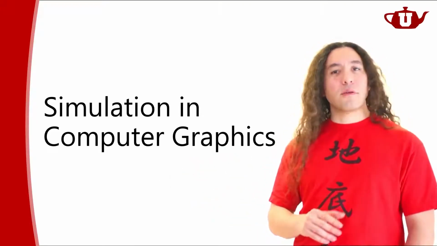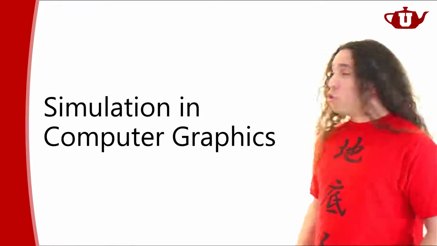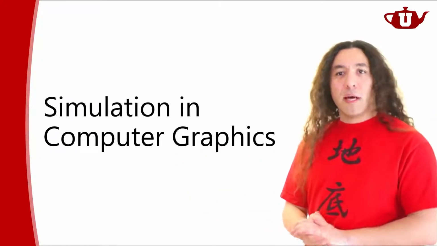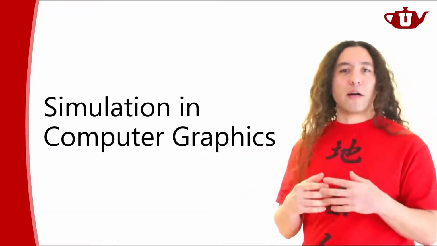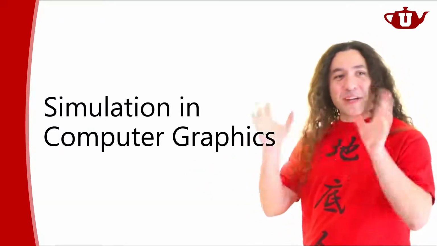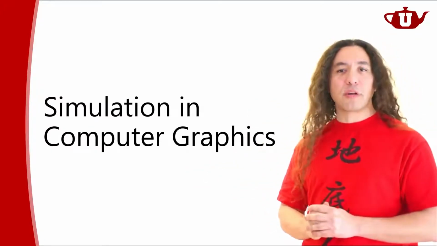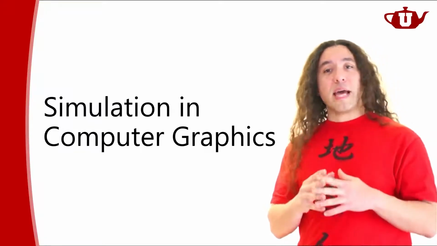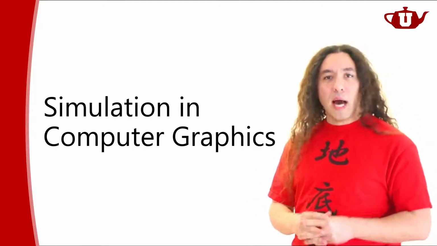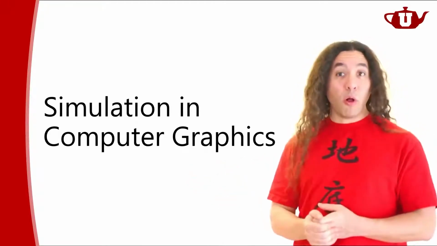And I'm going to talk about all sorts of different tools that are used in computer graphics. But this is not intended to be a comprehensive overview of every simulation-related thing in computer graphics. But we're going to cover some of the basic stuff. I'm not even going to talk about every simulation-related thing that I've done in computer graphics. But we're going to cover some more common, more fundamental things that happen in computer graphics. Not everything. And I'm going to cover these at a relatively high level. Instead of going into too much detail of what exactly happens, I would like to give you a high-level overview of how the simulation problems are solved in computer graphics.